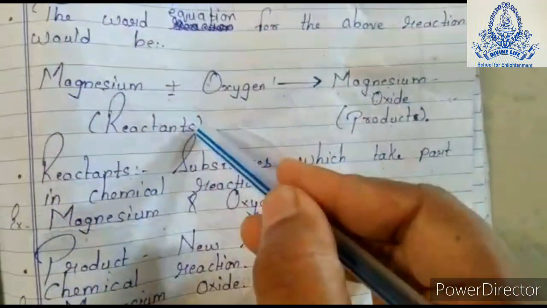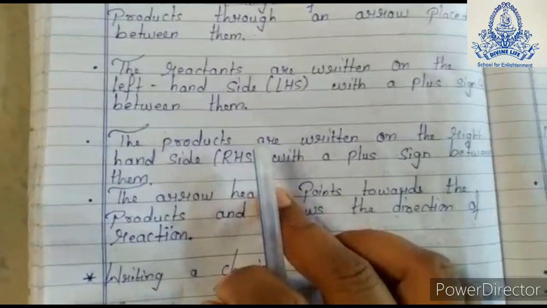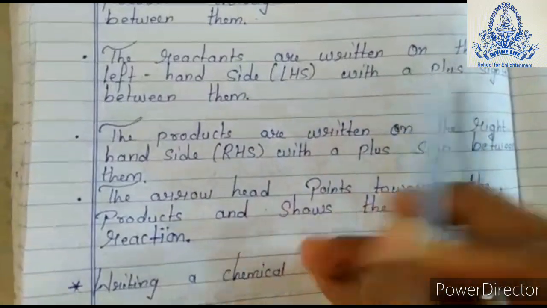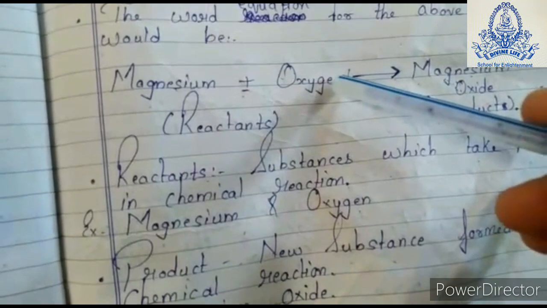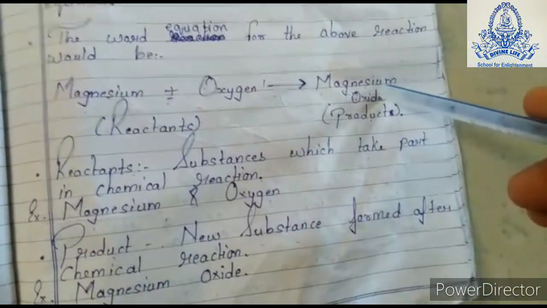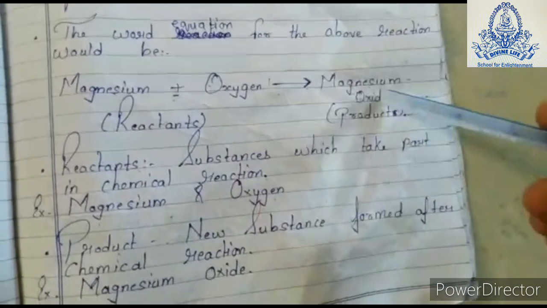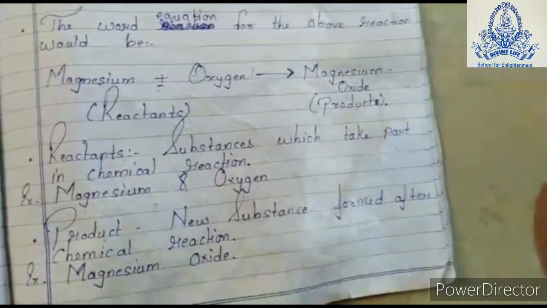Can you see the arrow which is placed between them? Between reactants and product, here the arrow is mentioned. Now it is also giving us some more information, just that the reactants are written on the left hand side with a plus sign between them. See, this is the left hand side, whereas the products are always mentioned on the right hand side with a plus sign between them. Here the condition is applied: if the products are more than one, then and only then we'll put the plus sign. Apart from that, the plus sign is of no great value.